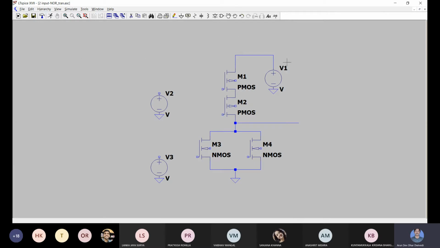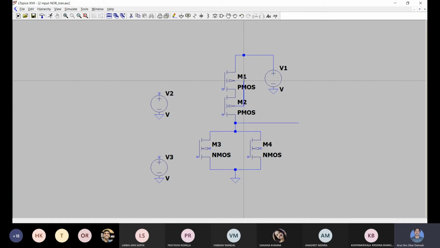Let us take a wire, and also connect the body of the PMOS with the highest potential of the circuit. The body of the PMOS will be connected to the point having the highest potential in the circuit. Body of this PMOS is also connected to the same VDD. So the body of the PMOS is basically connected to VDD.